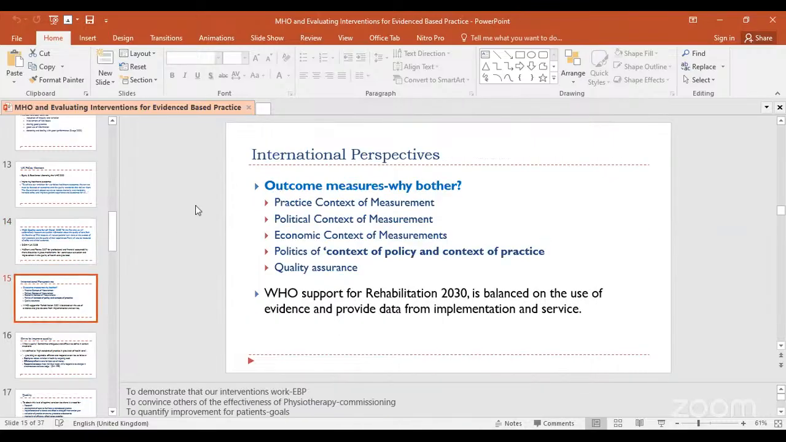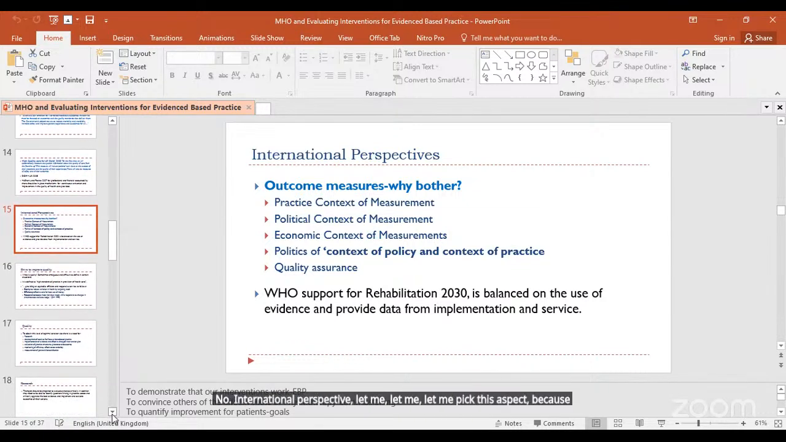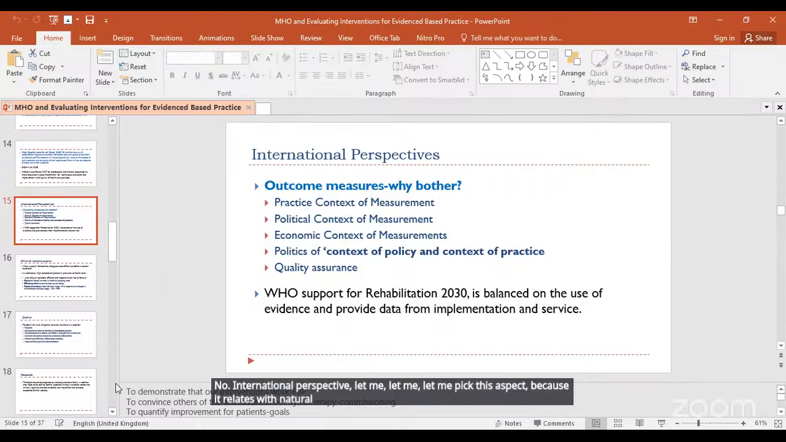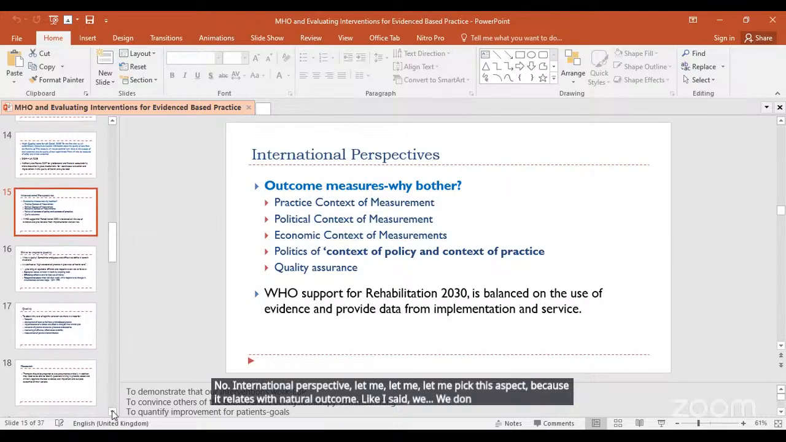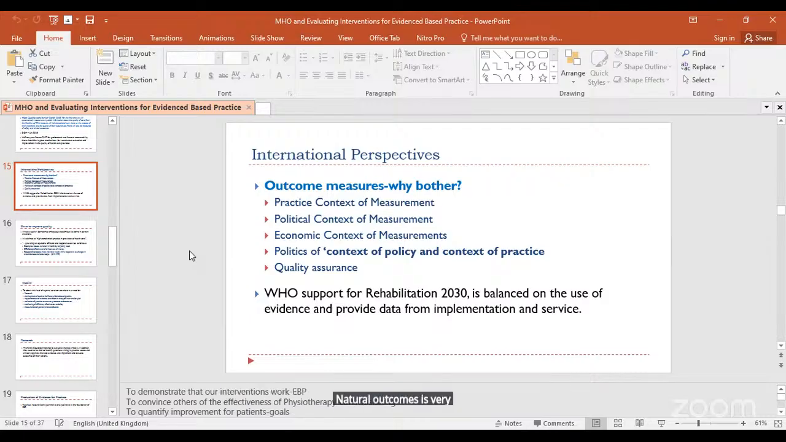Now, international perspective. Let me pick this aspect because it relates to measuring health outcomes. Like I said, we don't do it in Nigeria. If you are practicing in a place like the UK, you must quickly understand that measuring health outcomes is very, very important. Because in my experience,